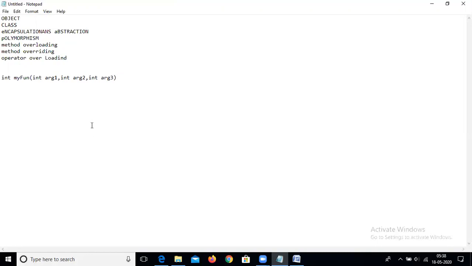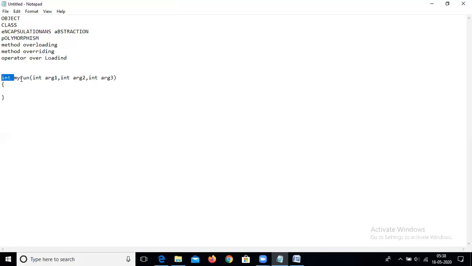In this way we can recognize the signature of a function. The function signature starts from myfun to the end. The return type of the function cannot be included inside the function signature. The function signature is only the name of the function and the number of arguments